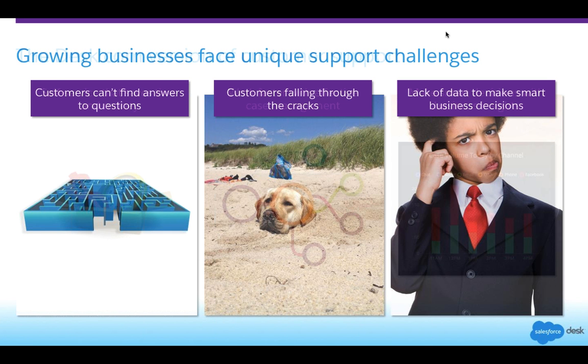But then they get to a point where they really want to use that data about what their customers think, not only about their product or service, but about their support process. And they want to take that data and use it to make informed business decisions going down the road. So any technology solution that you're considering should have a viable reporting option that enables you to see the overall health of your support team, as well as, at a very high level, what customers are saying about